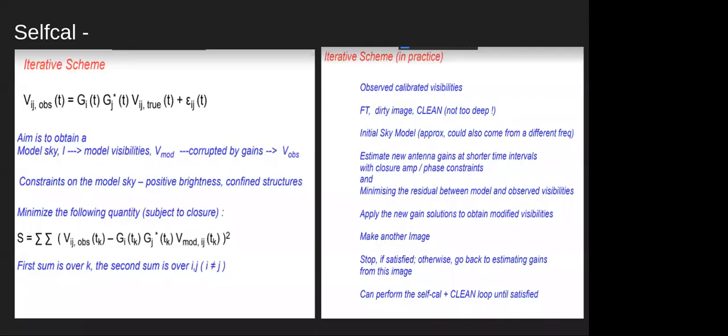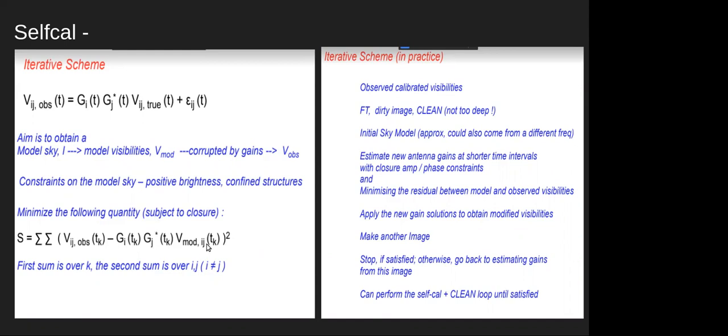Okay. So Proshun briefly mentioned the iterative algorithm one should use for self calibration. What you want to do is minimize this, right? This slide is taken from the RA school at NCRA. You observe something, you have a very good model of your image, and you want to minimize this via chi-square minimization or some more modern algorithm. You want to find out the gain terms.